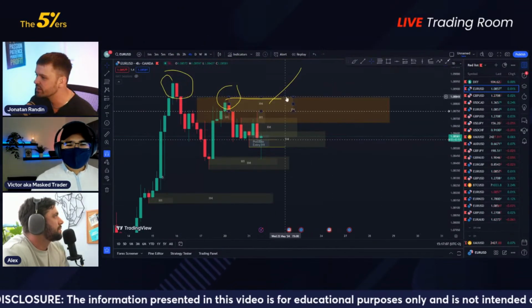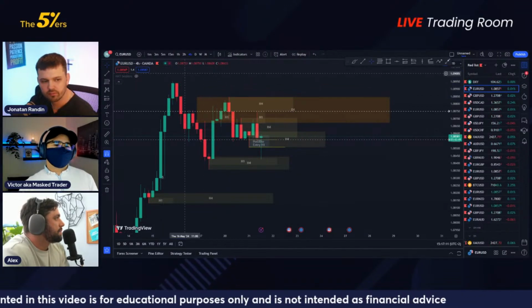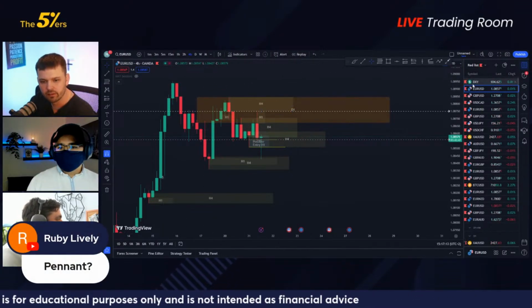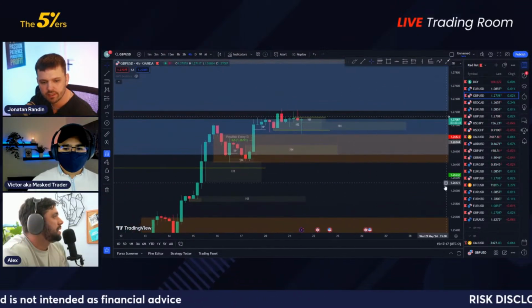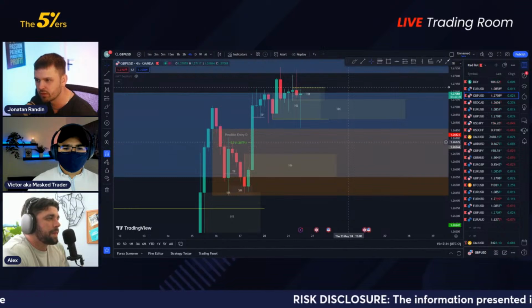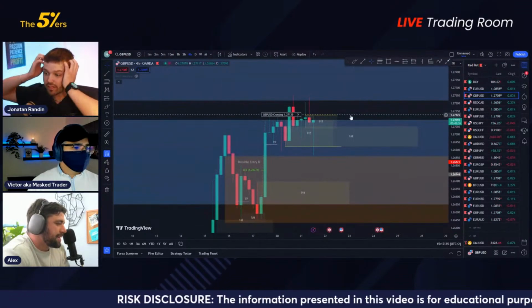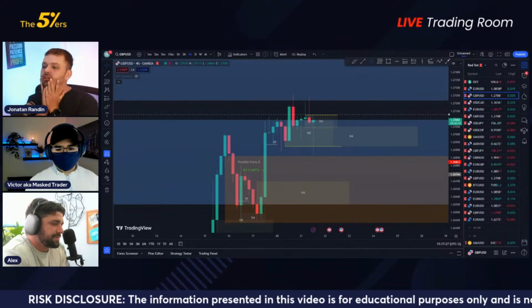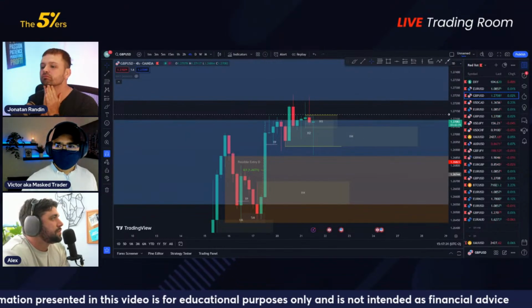We had a question about EU. Look at it, I don't know if it held that support. This is a pennant. EU, is it a pennant? I think it's more of a symmetrical triangle, which is almost the same thing, but